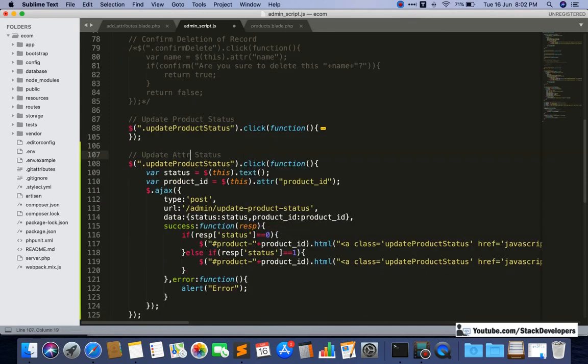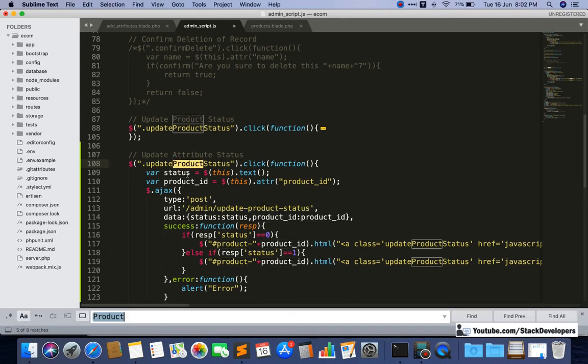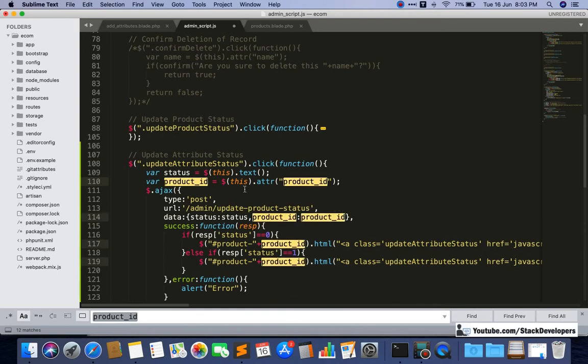Update attribute status this time. Here I am going to make attribute, so that we can change the attribute status here. Update attribute status. And here as well, everywhere we can change attribute ID.